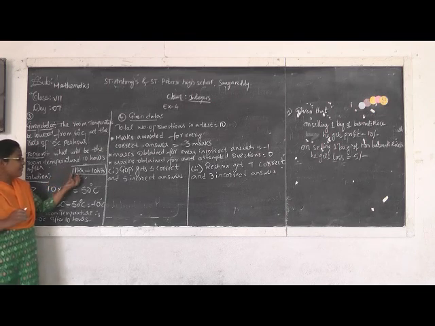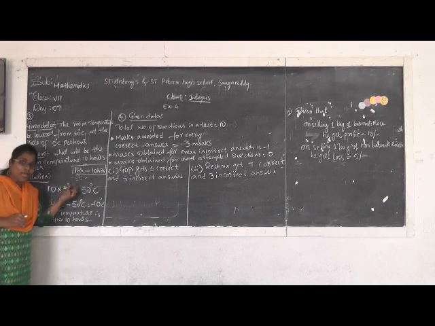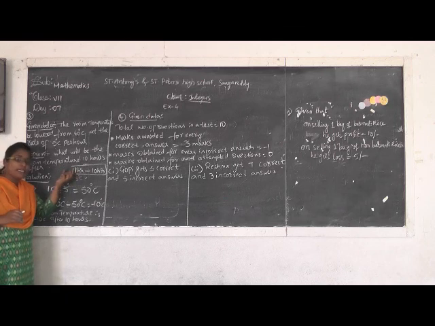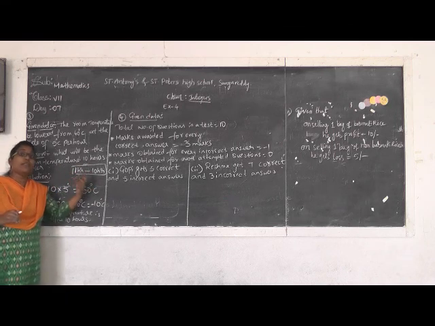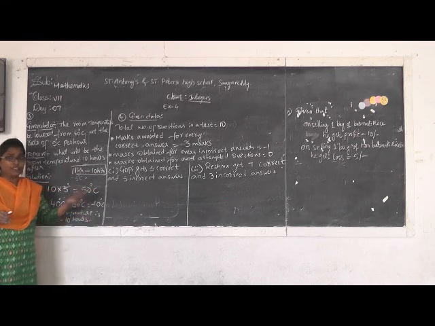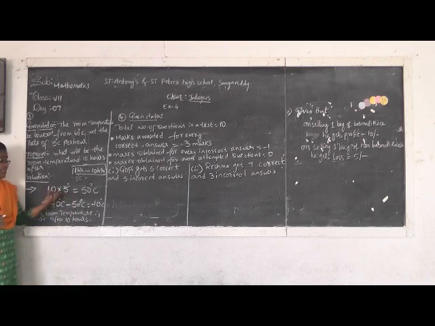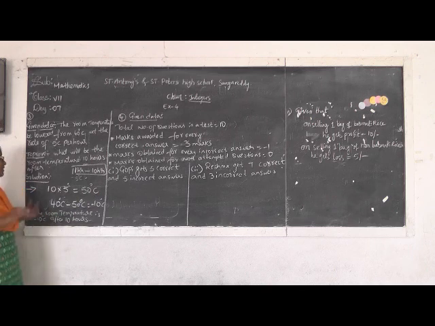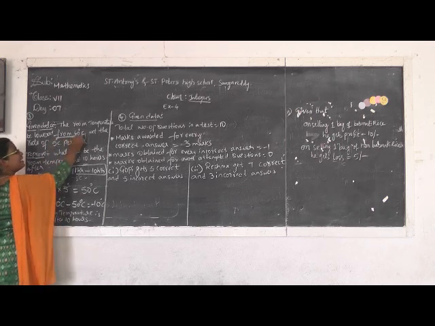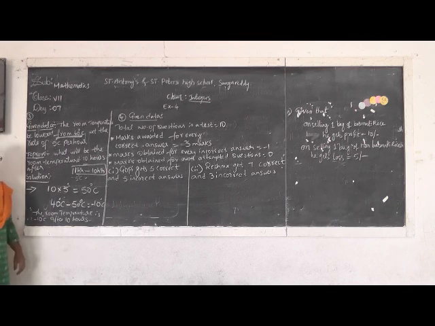Here in the data they gave, for 1 hour how many degrees it was reducing, and for 10 hours how many degrees it will be reduced, that we have to find. So 10 5s, that is the reason we multiplied here. 10 5s are 50 degrees Celsius. Now from where was this 50 degrees Celsius reducing? From 40 degrees Celsius the temperature was reducing. That's why from 40 we have to reduce.